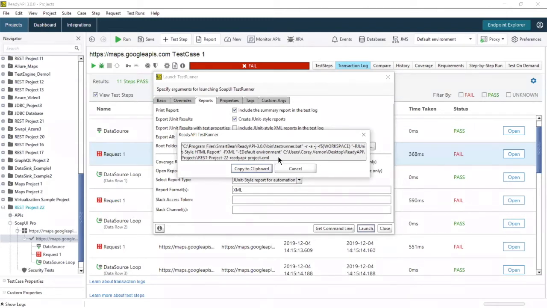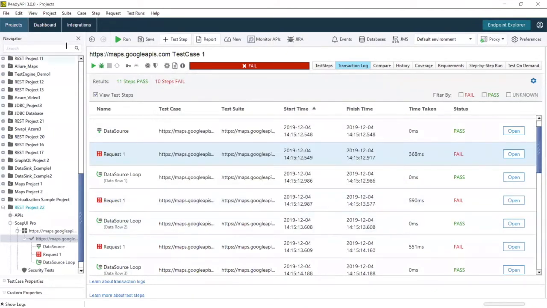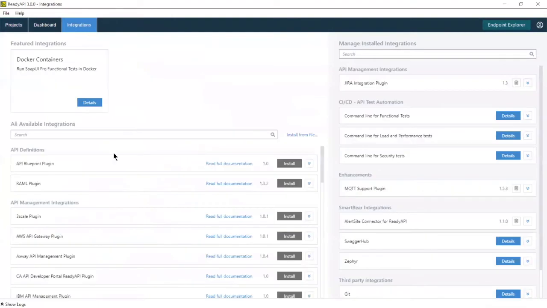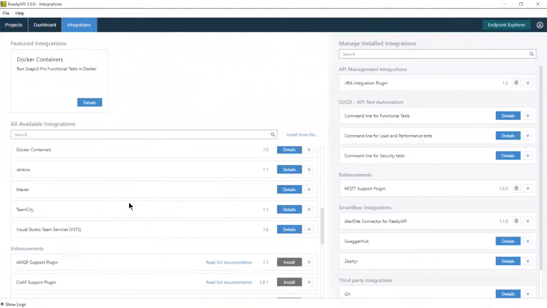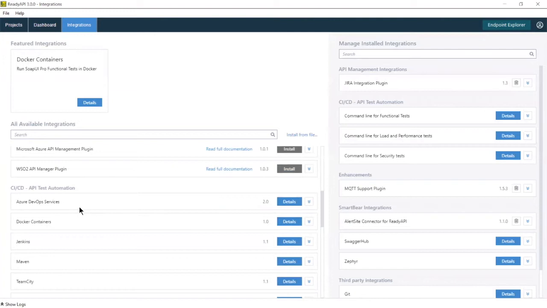So there are a few integrations that we can use. You can take a look at these through our integrations tab. There are different integrations for your DevOps services. There are Docker container integrations. If you want to integrate with a Jenkins or another CI/CD pipeline, you can do that as well. So if we're using Jenkins, for example,